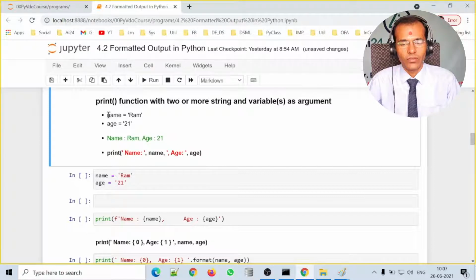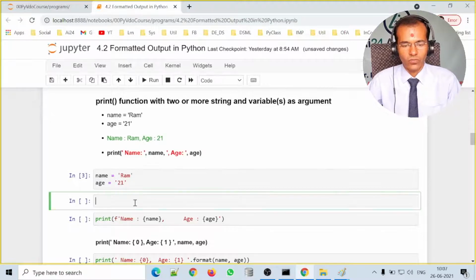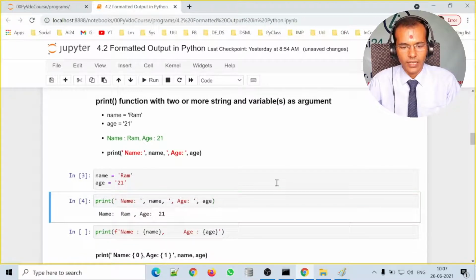Then we want to print the comma and age, so comma and age is enclosed within single quotes like this, and then the age, that is 21, is contained within the variable age, and hence that variable is specified over here. Let us take these two variables over here directly and run it. Now let us take this complete statement. We can see that we are getting the output in the same format as we desired.